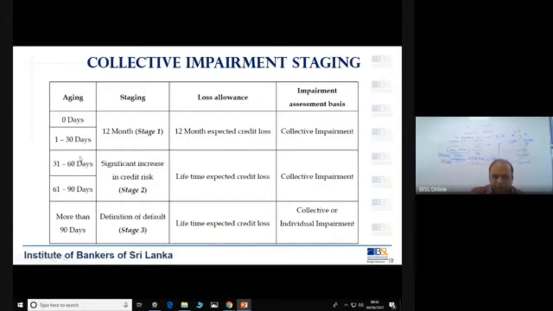For the remaining loans, which are under stage 2 and stage 3, you have to look at the lifetime expected credit loss. So don't worry too much about these, because I don't think that it will be tested to this level in your examination. But need to know the basics. Stage 1 will be tested using 12-month expected credit loss. 2 and 3, lifetime expected credit loss.